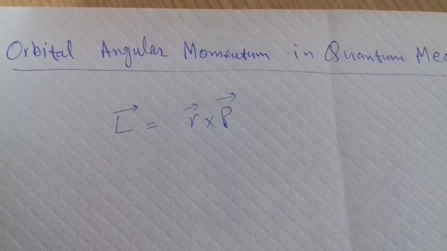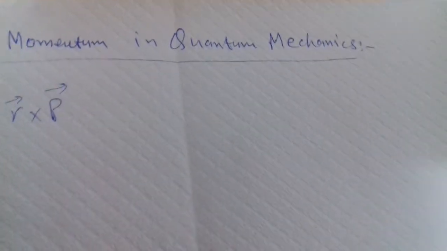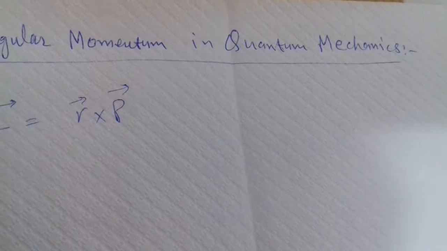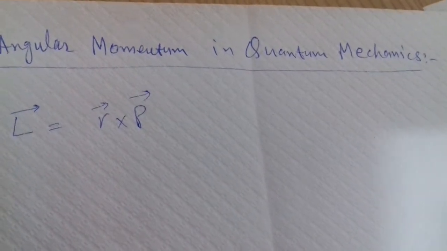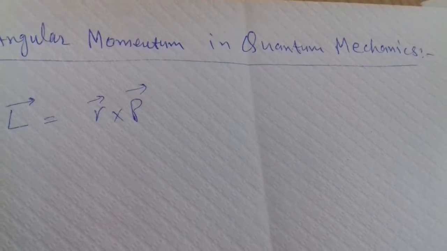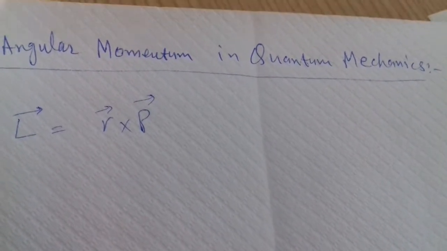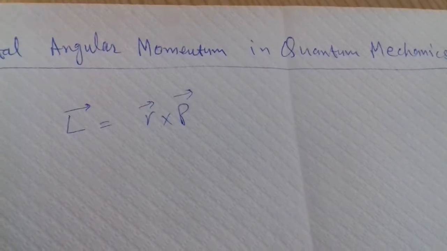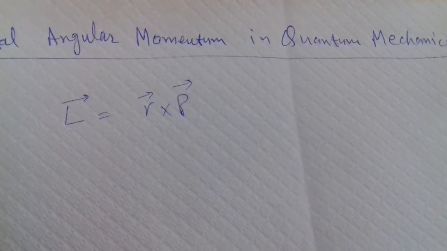Hello, today we will start orbital angular momentum in quantum mechanics. We have orbital angular momentum also in orbital mechanics, but quantum mechanically we will deal with it in a different way. And the formalism for quantum mechanics is different. We have already studied orbital angular momentum in our high school physics, but it is a different one